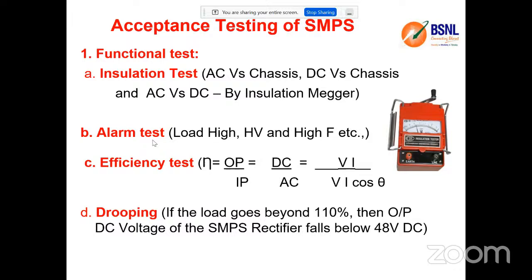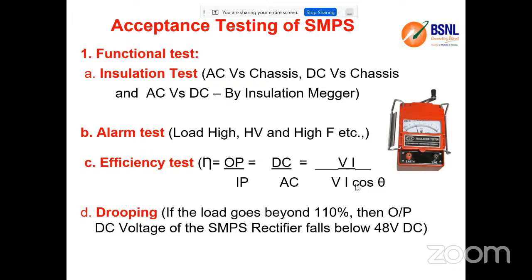And finally, we have the efficiency test. It checks how the SMPS power plant is performing and what its efficiency is. From conversion of our input to the output, we can identify how much is wasted as loss in the power plant. The output is DC, so it is voltage times current. The input is AC, so it is voltage times current times the power factor. With that formula we can get the efficiency. As I said, relative to the conventional power plant, SMPS power plants have a higher efficiency, more than 85 to 90%.